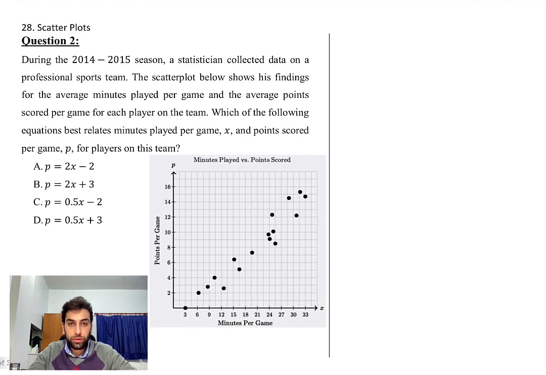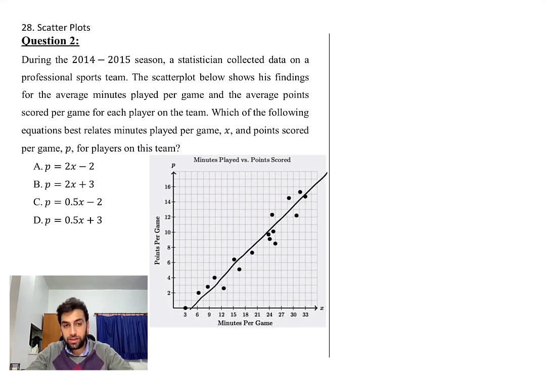Going further to question number 2. During the 2014-2015 season, a statistician collected data on a professional sports team. The scatter plot below shows his findings for the average minutes played per game and the average points scored per game for each player on the team. Which of the following equations best relates minutes played per game x and points scored per game p for players on this team? If we look at this scatter plot, its best fit would look something like this,